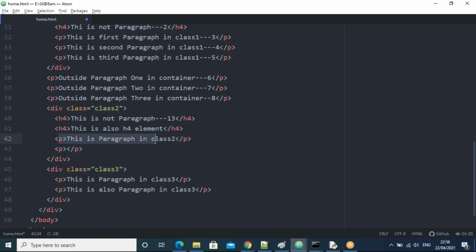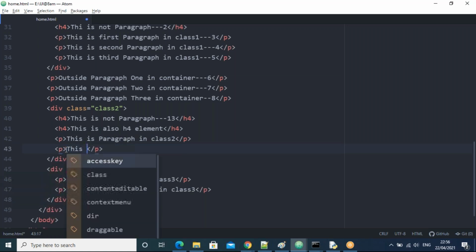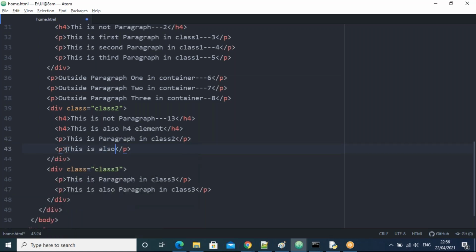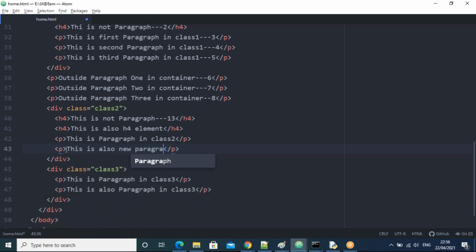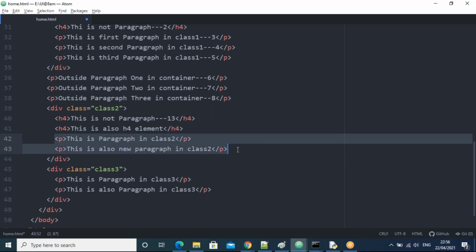If I add one more new paragraph like this, then what will happen? Does it select both paragraphs, or only the first one, or will nothing be selected?